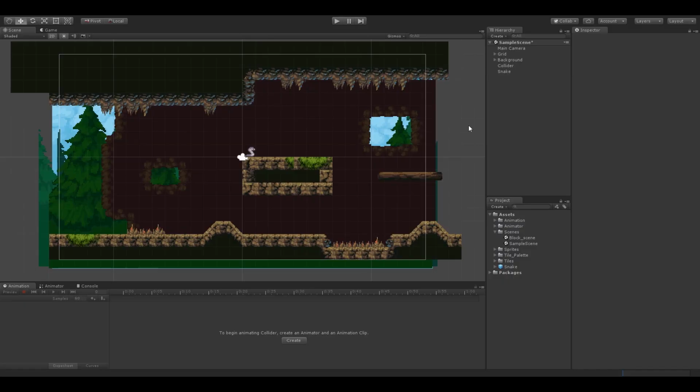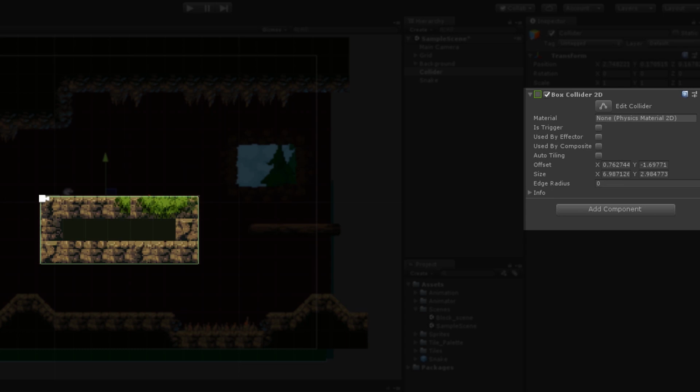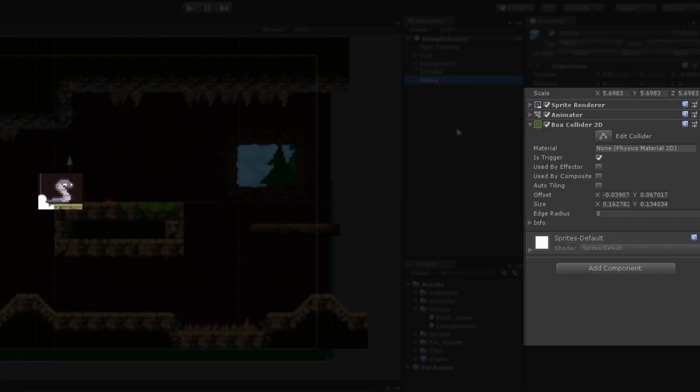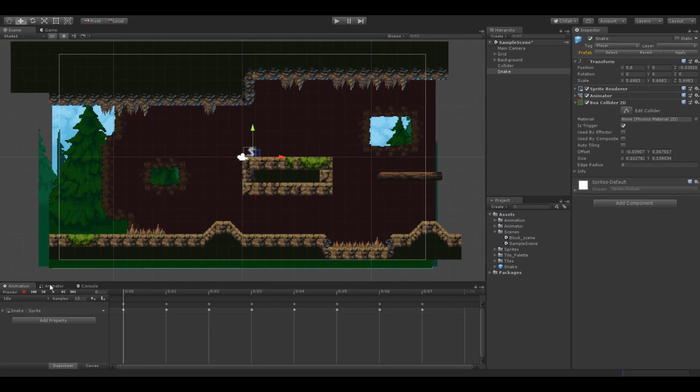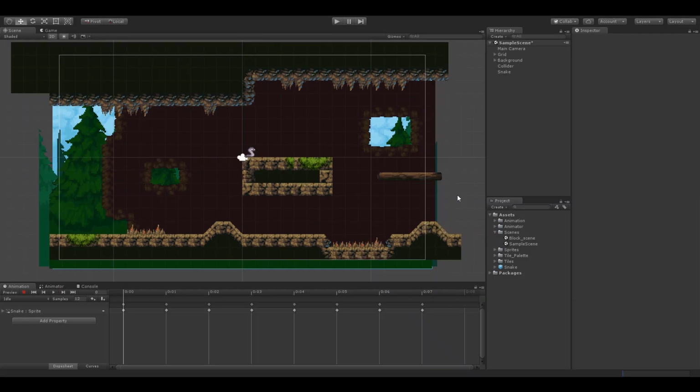Alright then, I have a scene ready here, and here we have a 2D box collider for the platform for the enemy to move on, and a snake enemy which has a collider and an animator component. So right now if I play the scene, nothing will happen because we don't have any logic for the movement